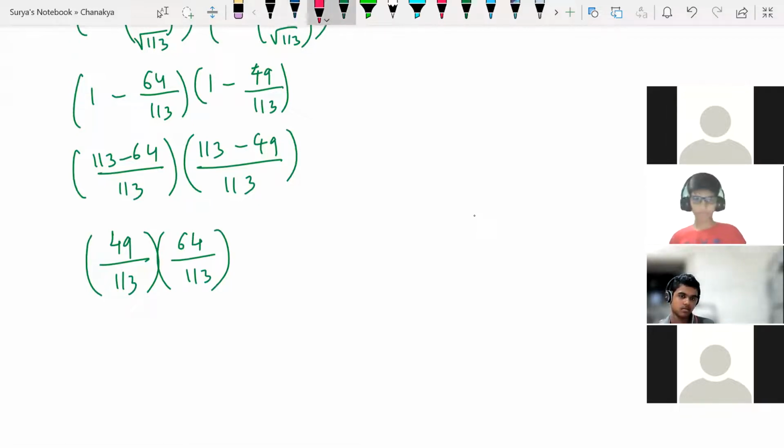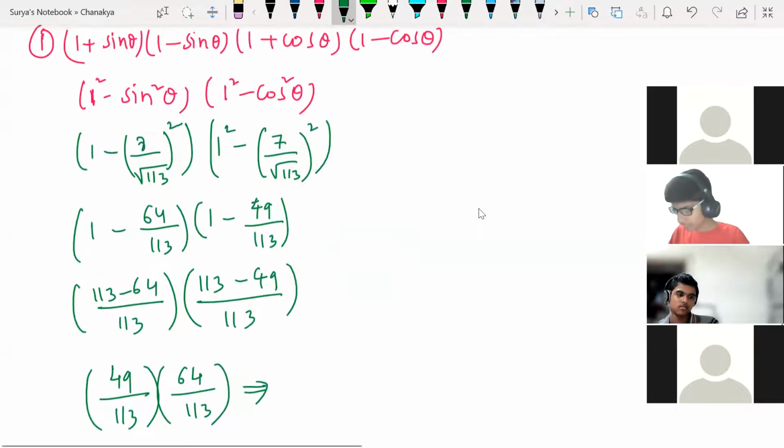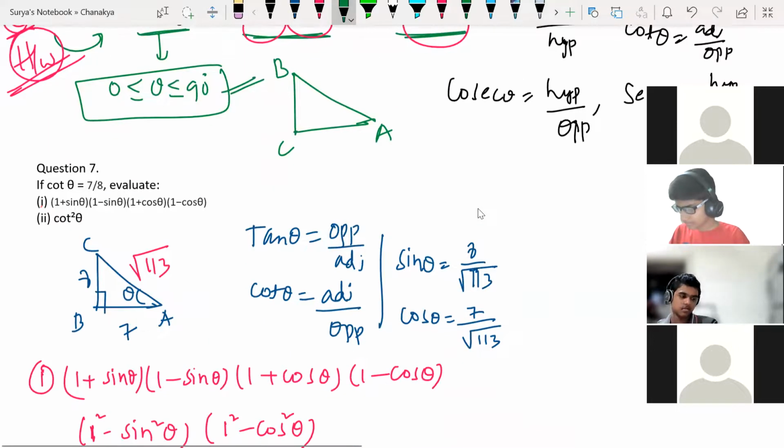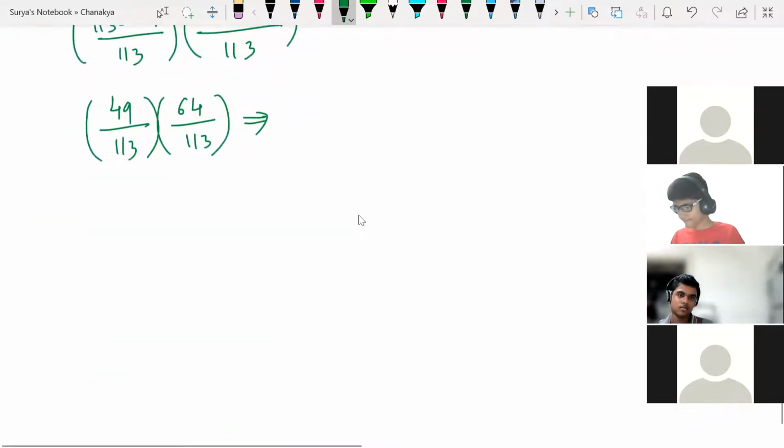Is there anything for cancellation? Can we cancel? Sir, we can cross multiply. Cross multiply, yeah. I think, do we have any plus symbol over here in this question? This is an exercise question. Is there anything plus, minus? Do we need to make it out? No, sir, there's only multiplication. There is only multiplication. Then multiply this. 49 into 64, how much?